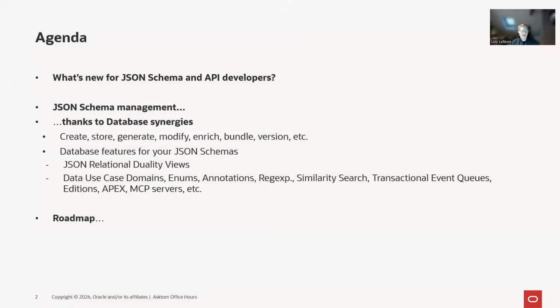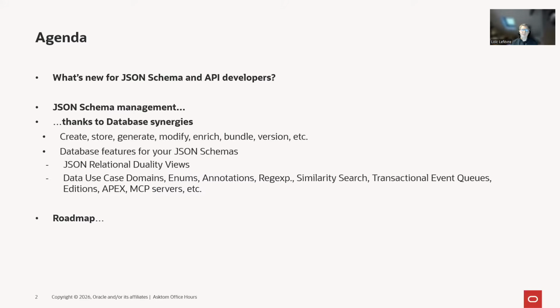So here is the agenda. I will start with the new features that we bring with the latest version of the Oracle Database 26ai. Regarding JSON Schema and API development, I will make the parallel between JSON Schema and the database, showing how we can create, store, and generate them, and a lot of operations around JSON Schema management.